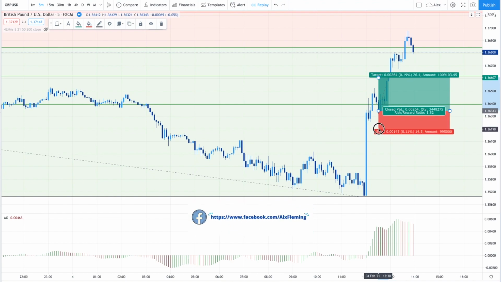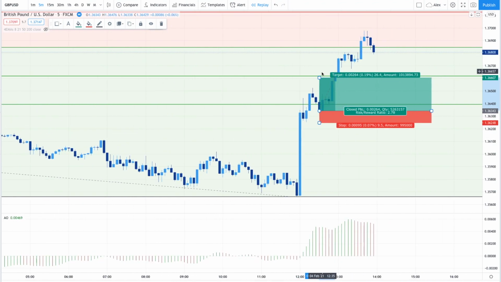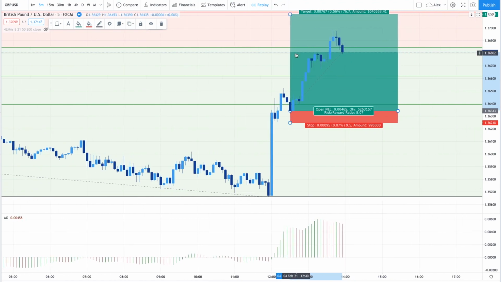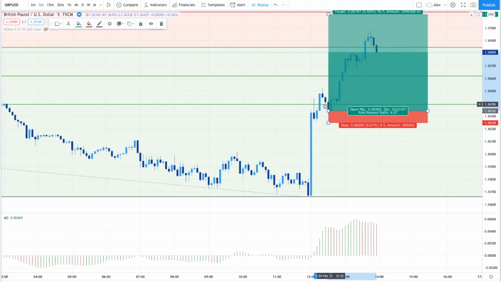So basically all I did was I put my stop loss just below the last bits of price action here, using the smaller time frame on the 5-minute, and I put my target up here at 137.10. Now, did I hold it? No, I didn't hold it. Was I getting in and out of the market? Yes. So when it made this knee-jerk reaction to the